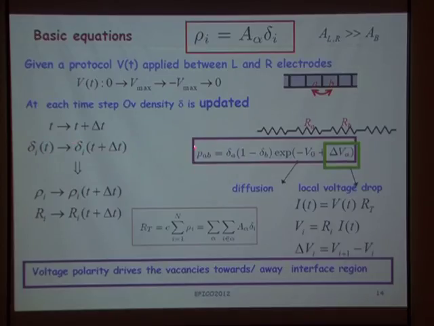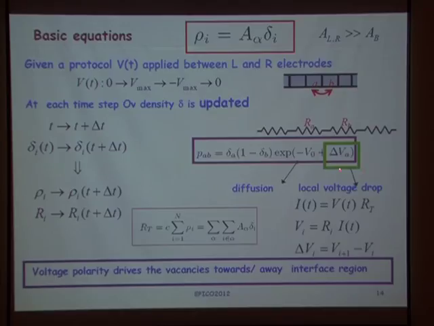This is the probability to transfer vacancies from site A to B, which of course is a sort of rate equation that we solve, in which this probability changes with the density of vacancies at site A, the density of available vacancies that we have at site B, the neighbor site of A, and this sort of Arrhenius activation factor that contains essentially two main terms. One is this constant that characterizes the diffusion, which is the activation energy to move vacancies from site A to B. And this is the main